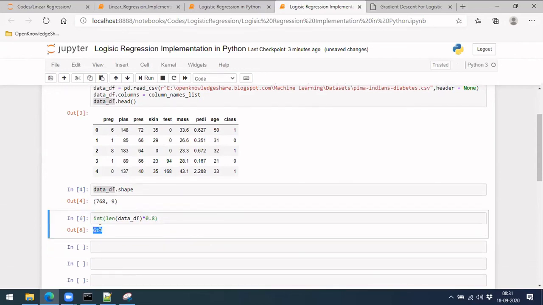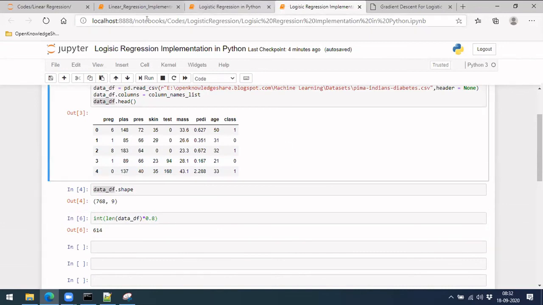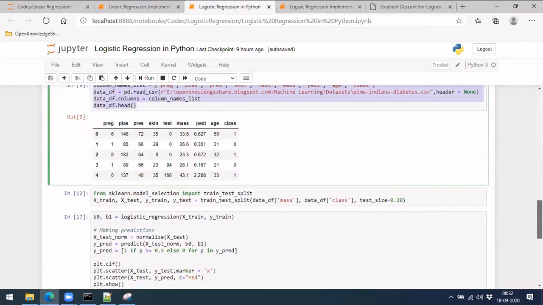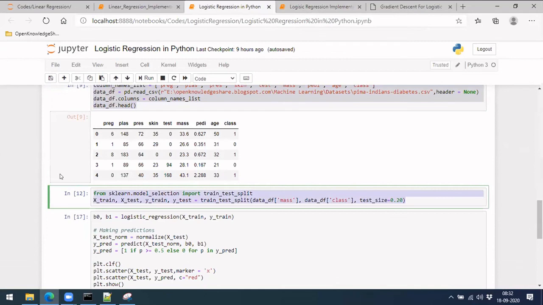So you get 614 rows that can go to the training set and the rest of the rows can go to a testing set. This is how we have to split, but this 614 should not be the first 614, with the last rows taken as the test set. We should not be doing it that way. Instead, we should randomly pick 614 from here and then take the rest into the testing set. We could implement this ourselves, it wouldn't take much time, but just to save time, there is a package available within scikit-learn which will do it.